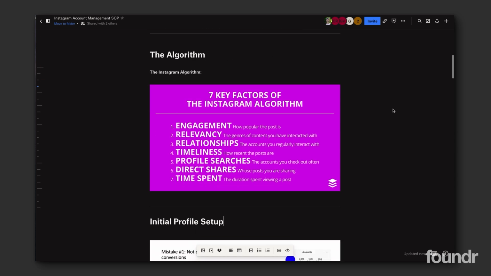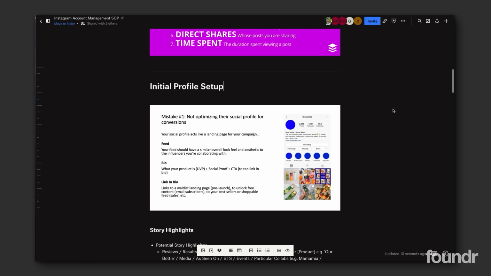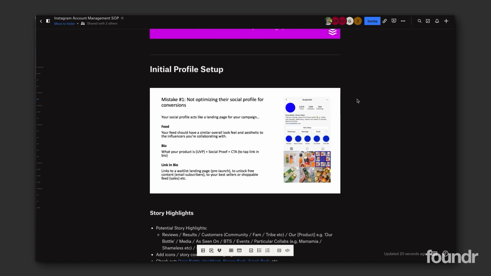So moving on from the algorithm, we want to head into our initial profile setup. So this is where we're able to optimize our social profile for conversion. So basically what we want to look at is our feed, our bio, and the link that we're using in our bios. So because this training is optimized toward my influencer marketing team at Hey Influencers, we will be addressing the initial profile setup from the stance of how to optimize our profile for influencer campaigns to convert as well